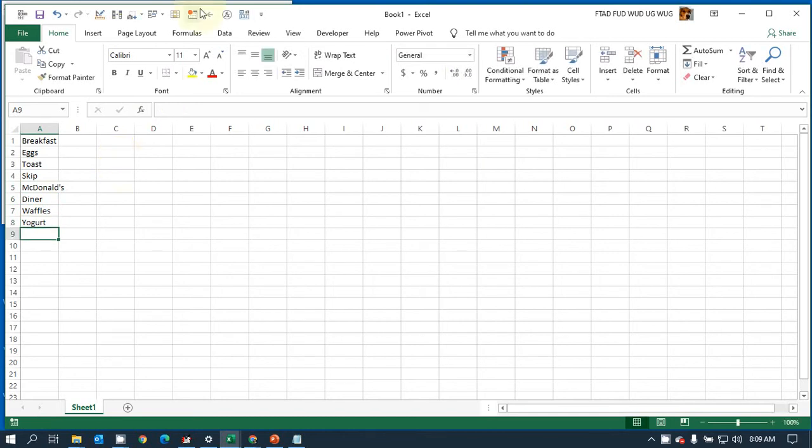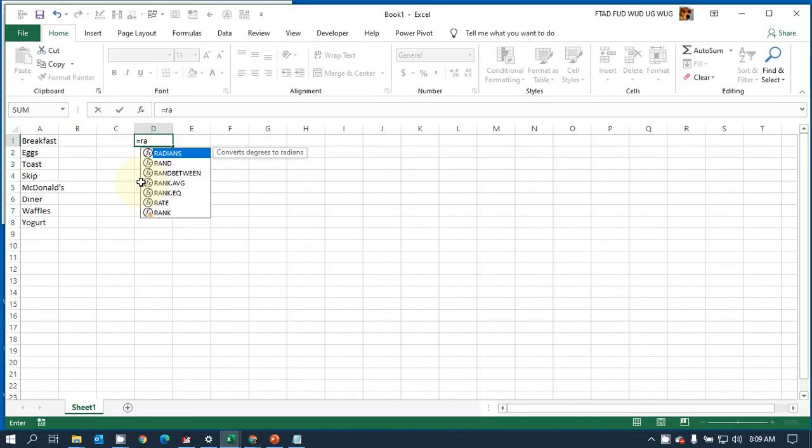So now, how do you select something random from here? And the way you do that is with a random function. So we're going to do a RANDBETWEEN, which is a function. You start all functions with the equal sign, and then we're going to type in RANDBETWEEN, and it takes two parameters, a bottom and a top. So we're going to say 2 because we don't want to select 1, and we're going to select 8. So we're going to get a random number between 2 and 8,